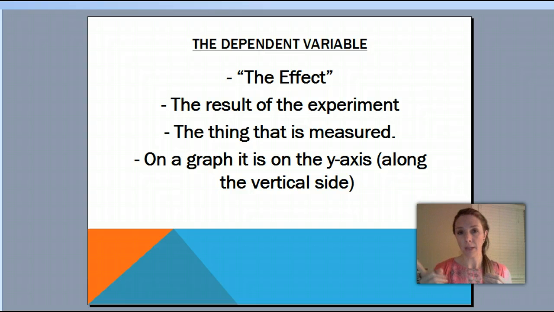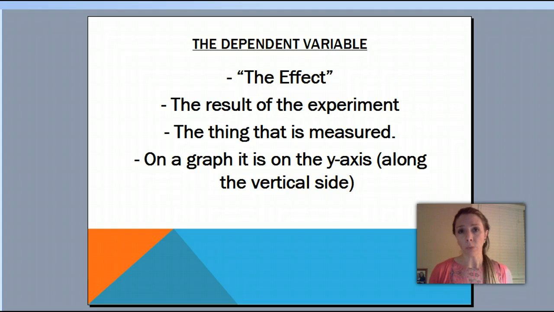It is dependent on the thing that I changed, right? So then in graphing, we talked about if my independent is my x-axis, my dependent is my y-axis, going up and down, right? A lot of the times, things that we graph in this class, the independent is time. We're looking at, as time changes, what happens to, fill in the blank, what happens to people's grades, what happens to our height, right? So time is changing, and then the thing we're measuring. So the dependent variable is the effect, it is the result, and is the thing that I'm measuring in an